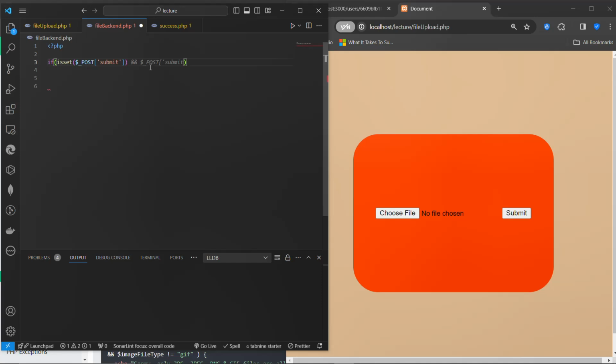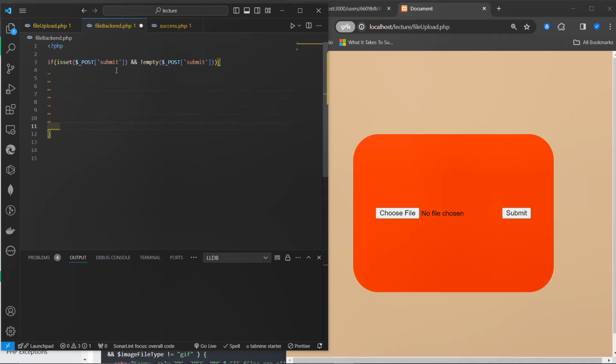So another thing, you can just say if global submit is set, and probably you can also say and not empty. That one is your choice, but still does not let me write that. And not empty, and global post submit is not what? Empty. So not empty, that you want it to do. So now if you meet this condition,